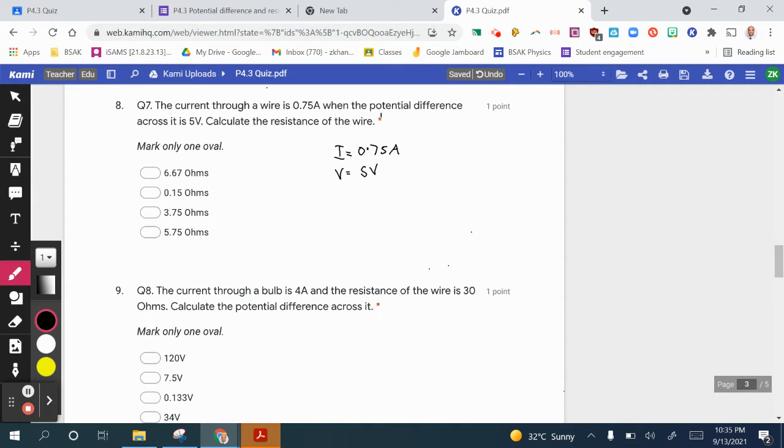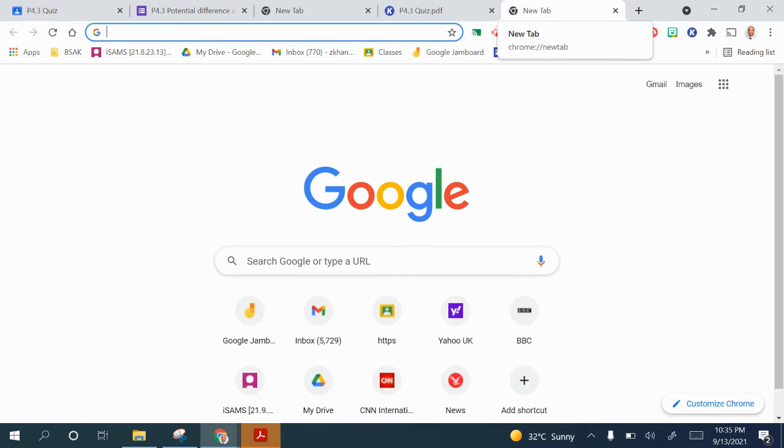Okay, and we've been asked to calculate the resistance. So we know the formula, so that's our question mark. Do we know a formula that connects all three? You should remember that resistance is equal to the voltage divided by the current, and putting the values in, that will be 5 volts over 0.75 amps. And if we quickly do that on a calculator,